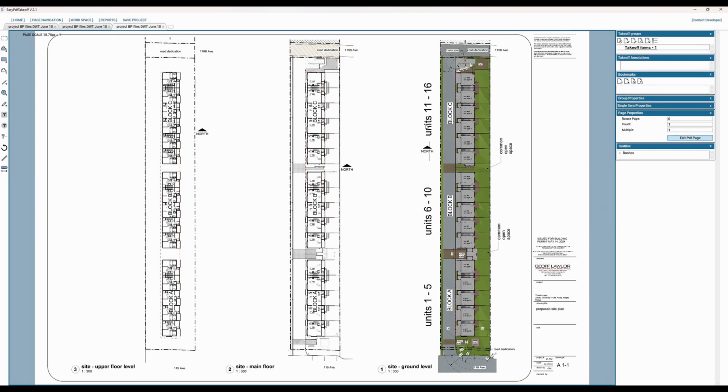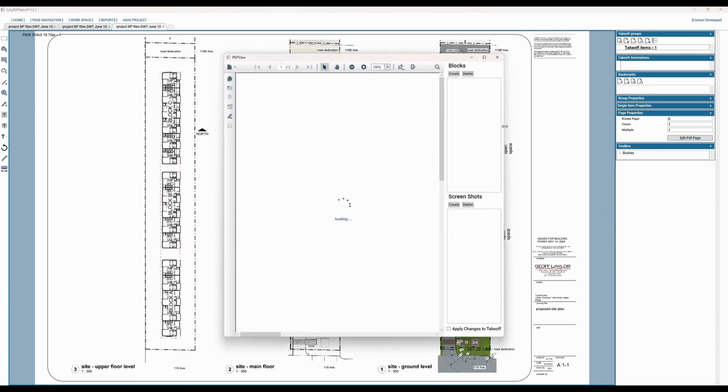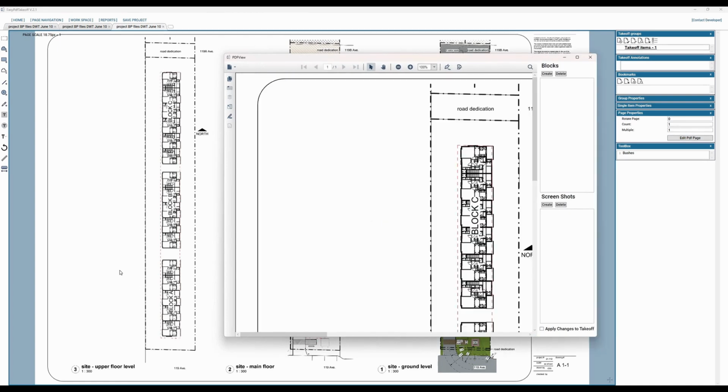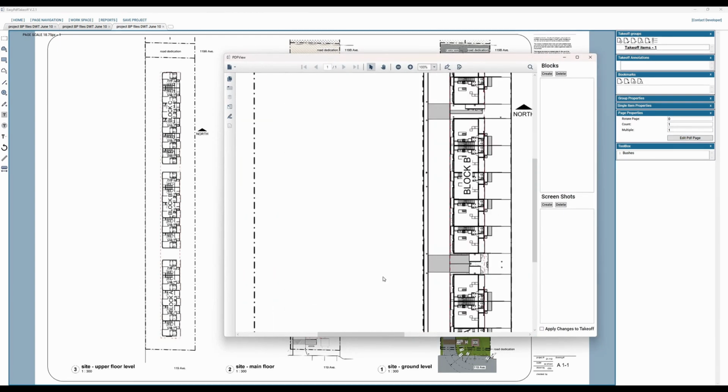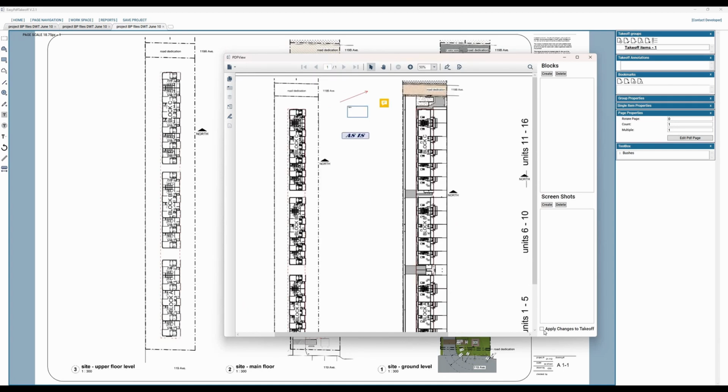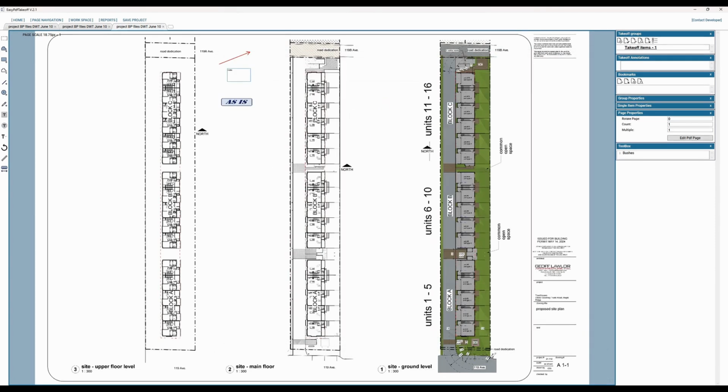So let's say I want to take the items from the annotation and add it to the page itself. How do I do this? So over here on the bottom there's a little checkbox that says apply changes to PDF. If you check this off, and you exit the window, your changes here will